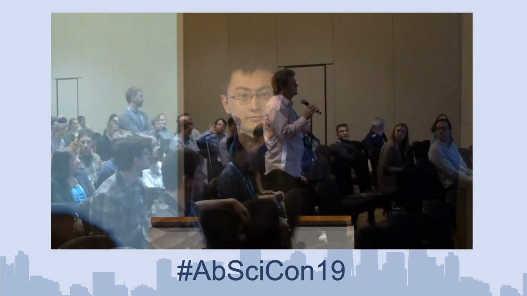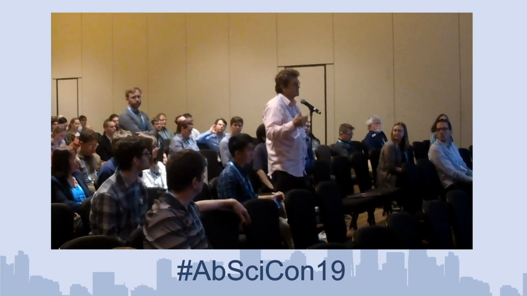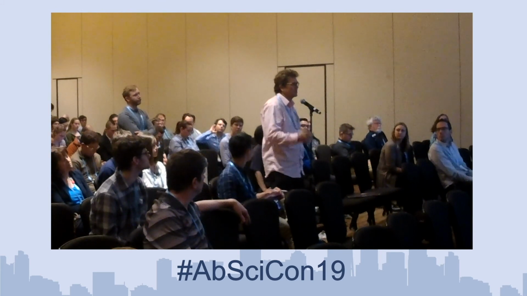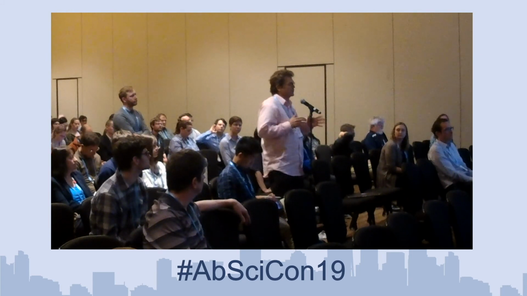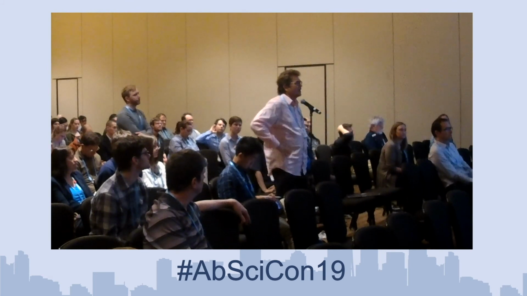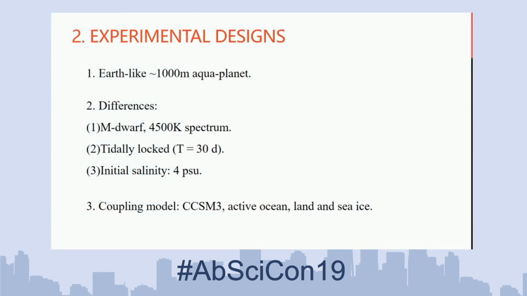Do your results depend very strongly on how close this planet is to the host star? For example, the inside of the habitable zone or the outside of the habitable zone. These are planets in the middle range of the habitable zone. Do you think it would change if you got a little closer or a little further out? Yes, and another paper from my advisor Jun Yang, maybe February 2019, points out that if we put the planets at the inner edge of the habitable zone,